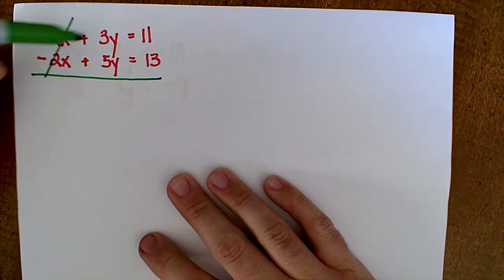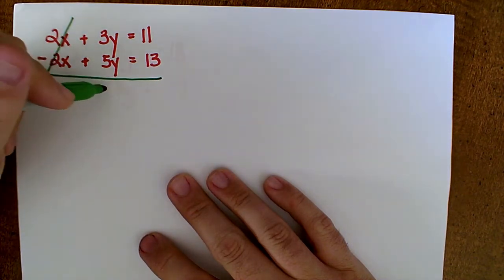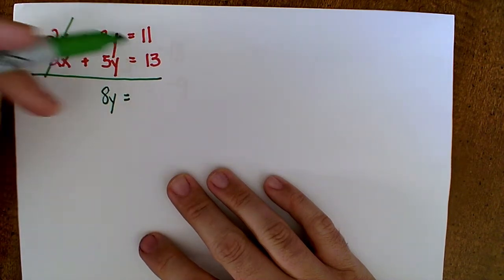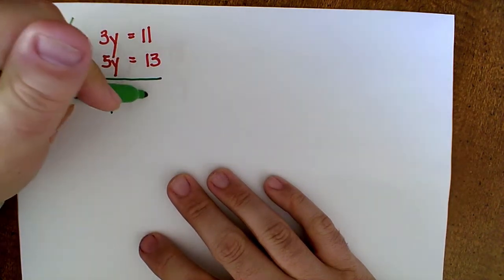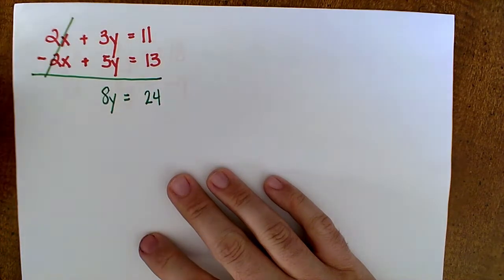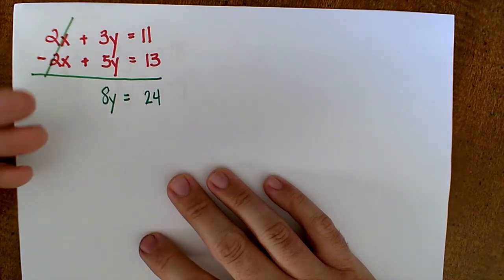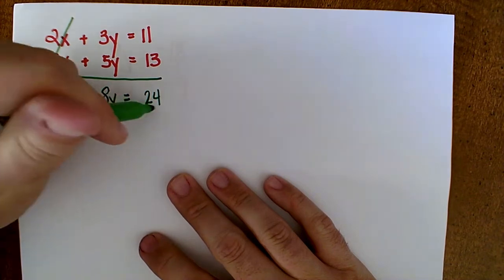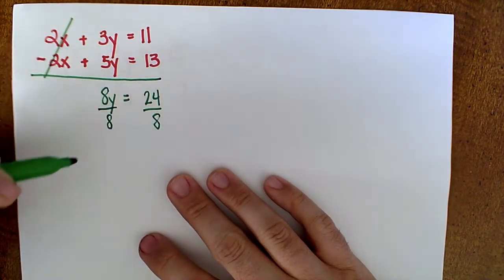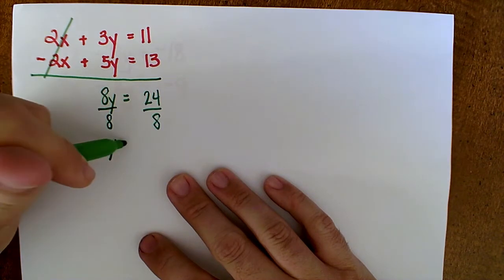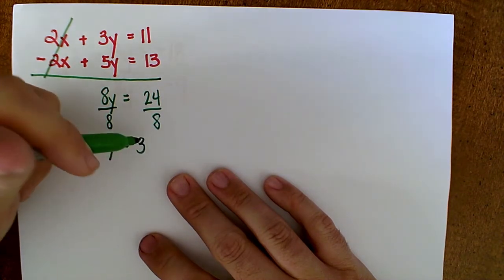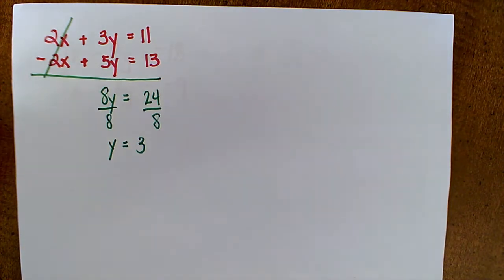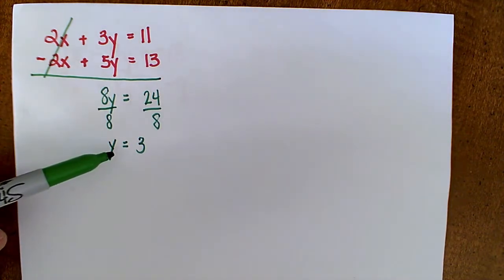Now, let's add the other ones. 3y plus 5y would be 8y, and 11 plus 13 would be 24. We've eliminated the x, and we can just solve for the y. So we're going to divide by 8. Divide by 8. That's going to be y equals 3. Now, we're not quite done because we have to solve for the x here, but we've found that y equals